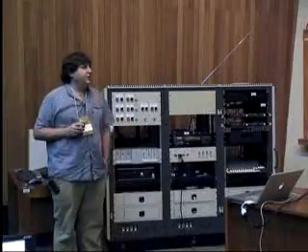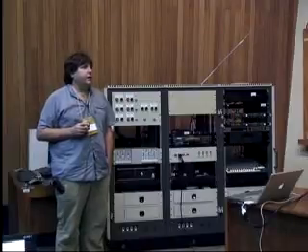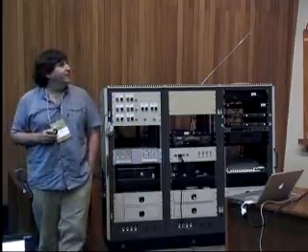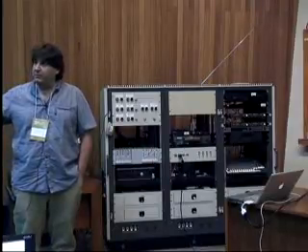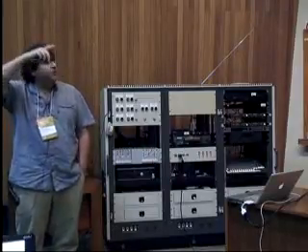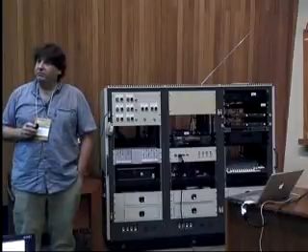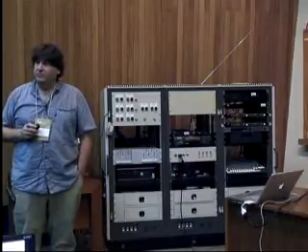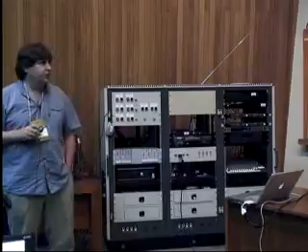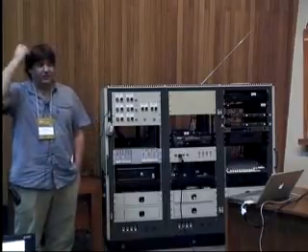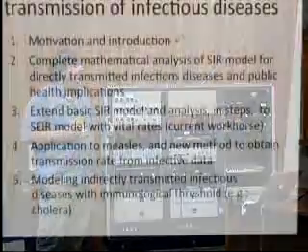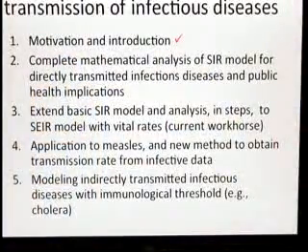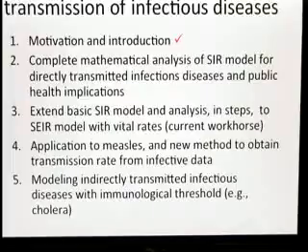and now you can begin to understand what I mean by we have a new method, and this is a very new method, to obtain the time-dependent transmission rate, beta of t, from given I of t. So it's kind of an inverse problem, but we'll talk about that. And again, it's embarrassingly simple. And then probably not today, but probably tomorrow, we talk about modeling indirectly transmitted infectious diseases.